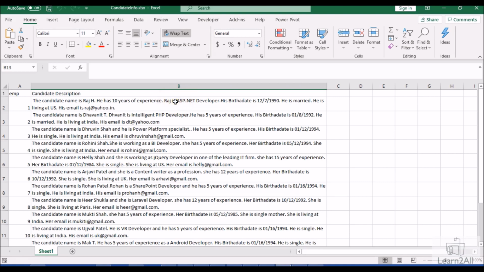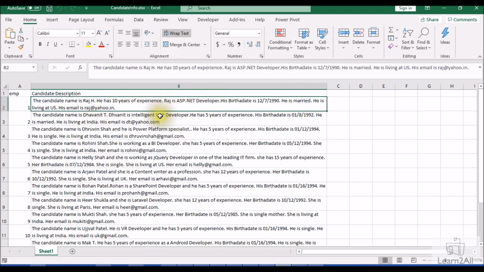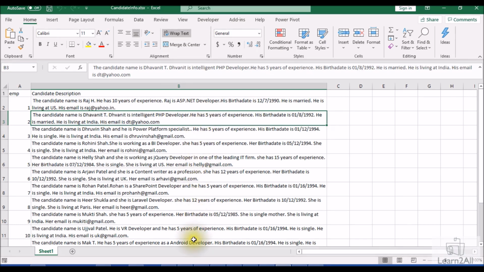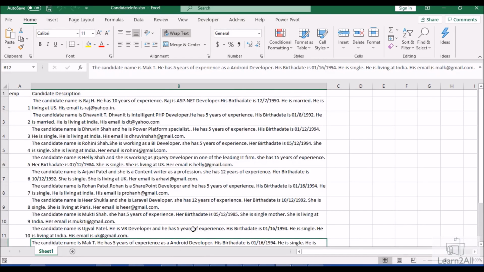This is the sample data source that I have, where I have employee ID and candidate description. These are some chat messages that a recruitment agency receives every day. You can see that candidate information has been provided in paragraph format for the recruitment data. Now I need to upload these records to my CDS model, and then we consume that CDS model to build the Power Platform entity extraction AI model. So now let me move over to the browser.